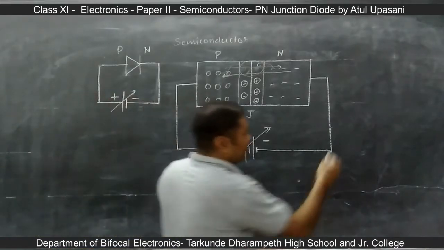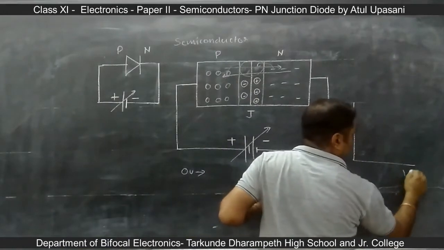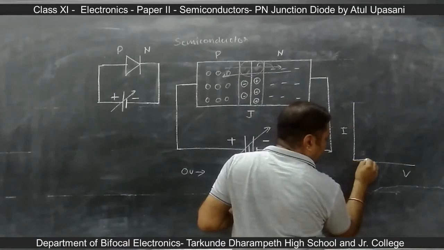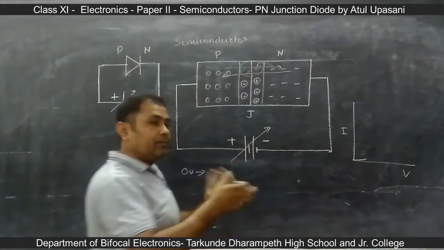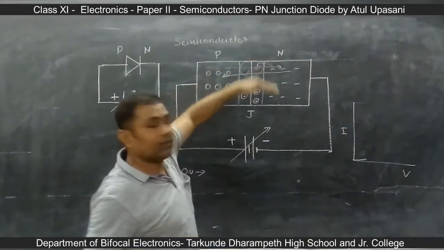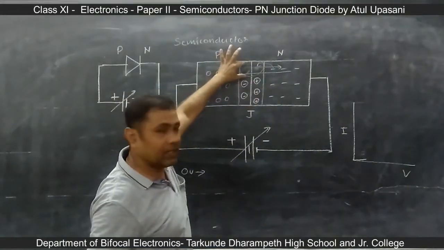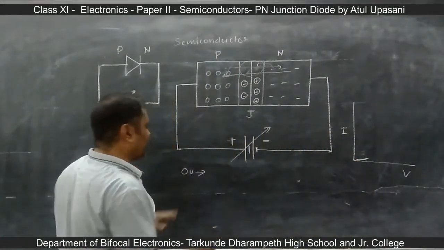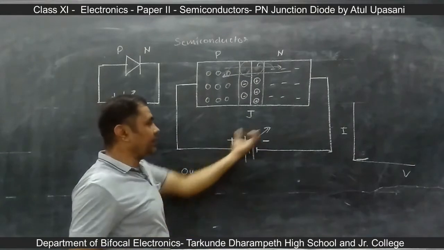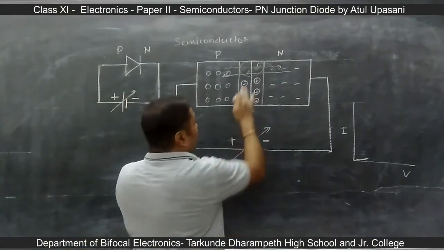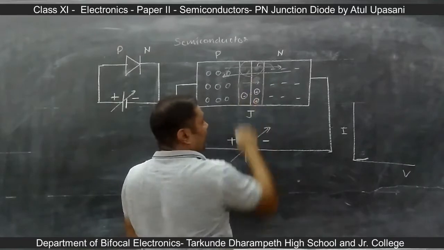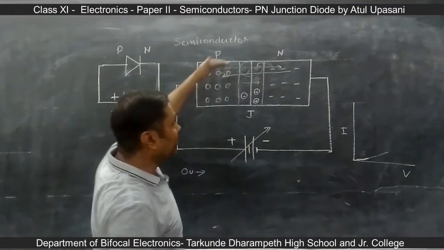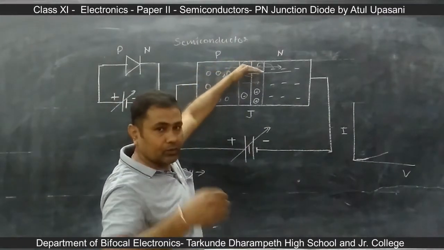So in the graph, if you plot it, suppose this is the voltage applied and suppose this is the current through the device. Now here, slowly one electron and one hole is recombined and the depletion layer is now vanished for this particular space. So here some current will be increased. Okay. After this, suppose another increase is there in the voltage source. So here another pair of ions will vanish. So current will start increasing because the resistance or the barrier is removed slowly.